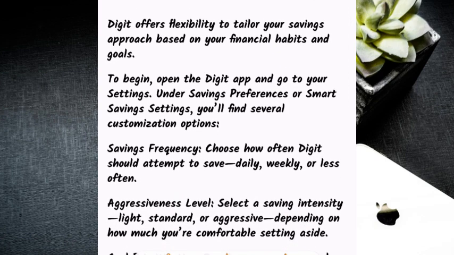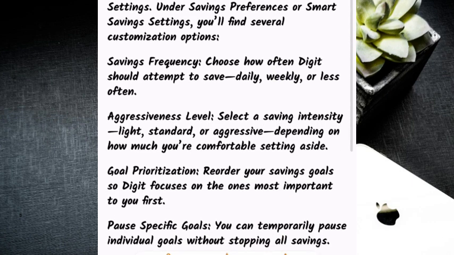You have saving frequency, where you can choose how often Digit should attempt to save, either daily, weekly, or less often. You also have aggressiveness level, where you can select a savings intensity. It could be light, standard, or aggressive, depending of course how much you're comfortable setting aside. There's also goal prioritization, where you can reorganize your savings goals so that Digit focuses on the one that's most important to you first. You also have pause specific goals, where you can temporarily pause individual goals without stopping all